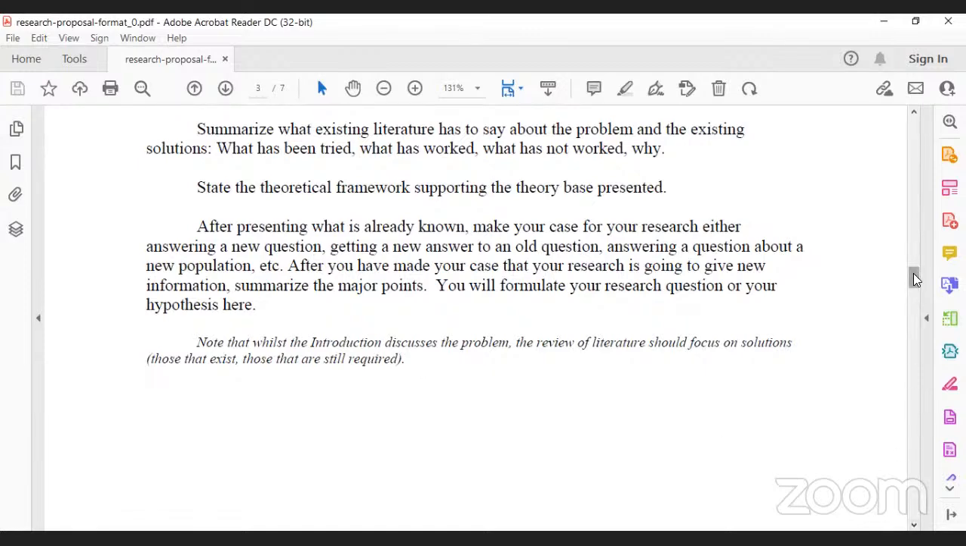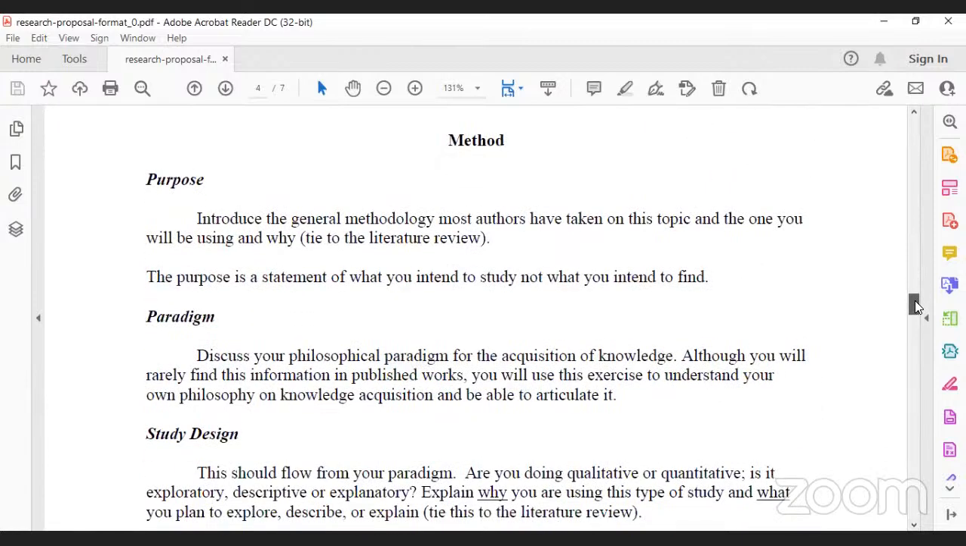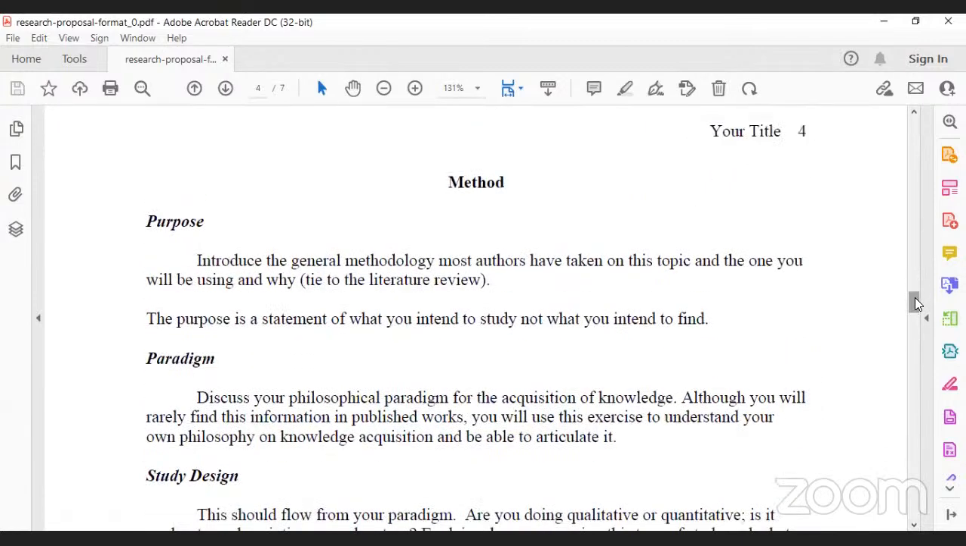Now let's proceed with the next heading. Okay, now we have done the literature. After we have done the literature review, now we have to mention the purpose, introduce the general methodology most authors would have taken on this topic, and the one you would be using and why, and tie it to the literature review. Your purpose should be linked to the literature review, that in the previous studies,